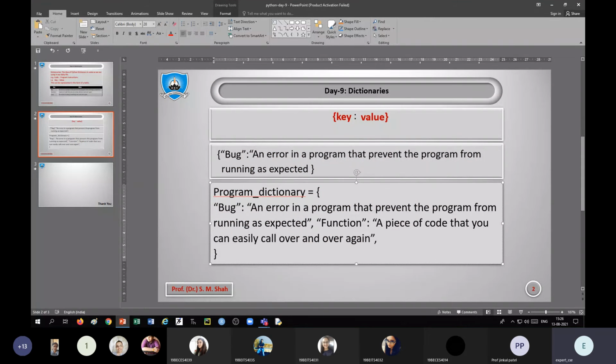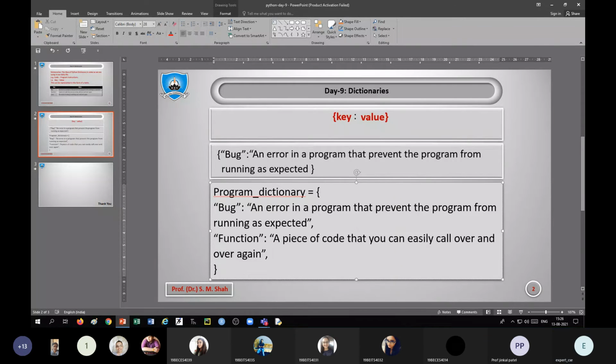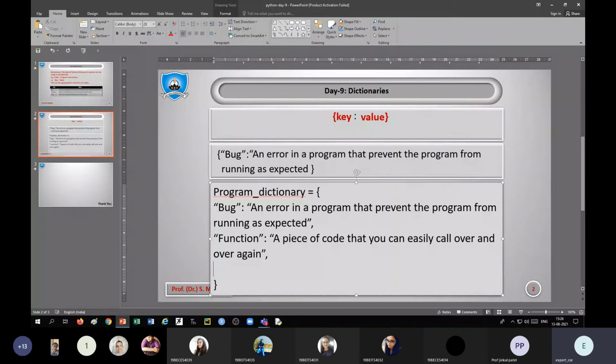But when we are defining, we just make it simple by pressing enter, so that we can read it properly. At the end of the last value, we put a comma, so that the next value can start from here. For example, the third one is loop is equal to whatever we want to write.